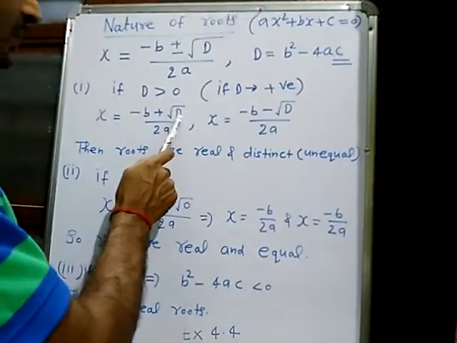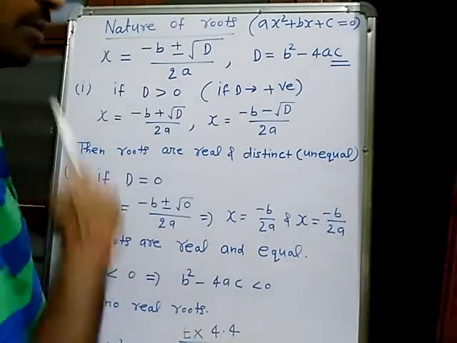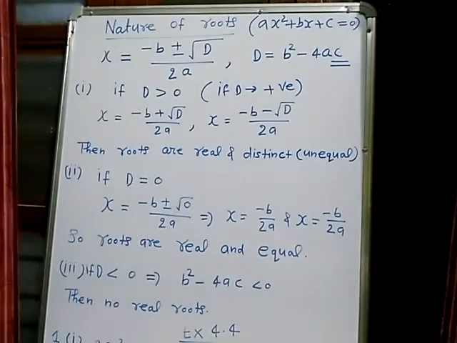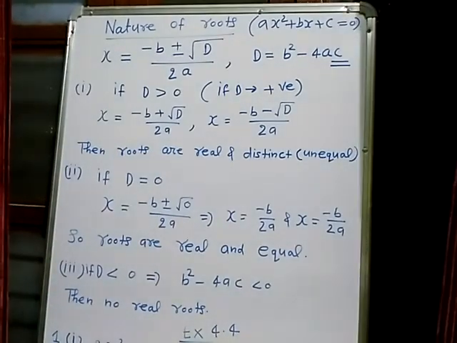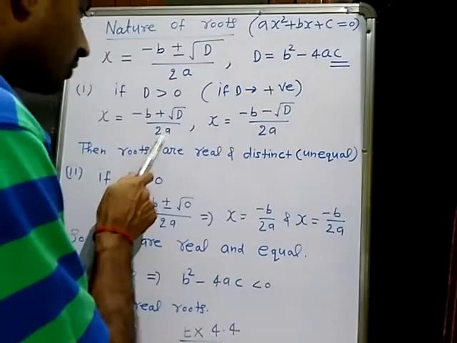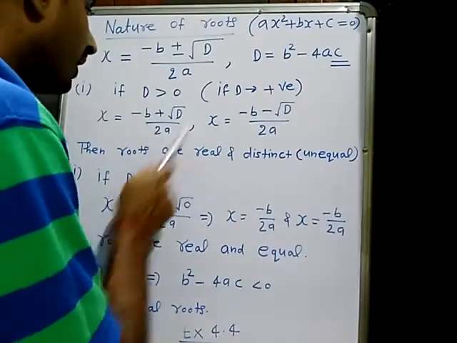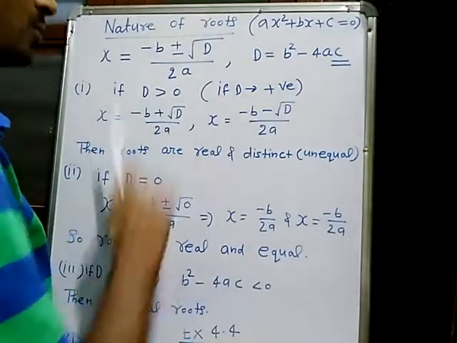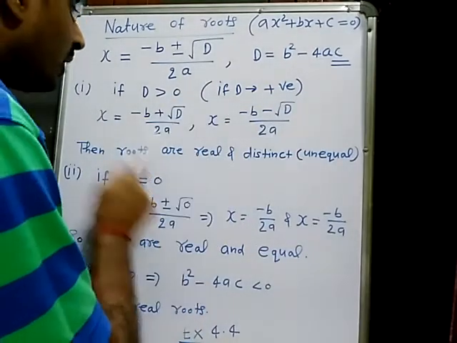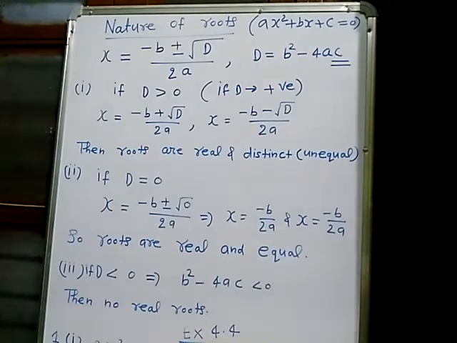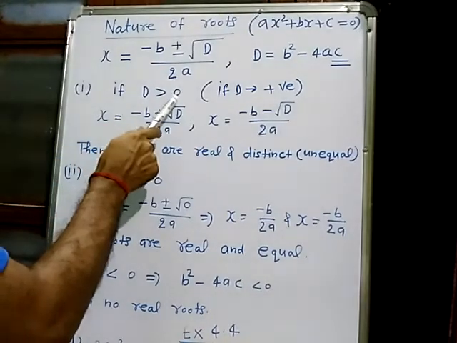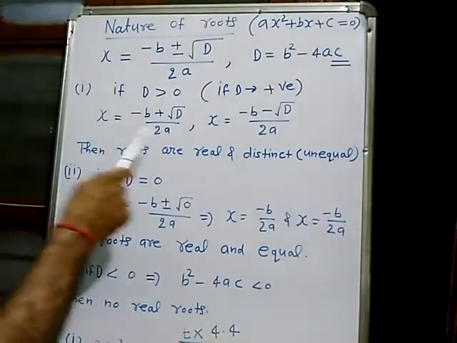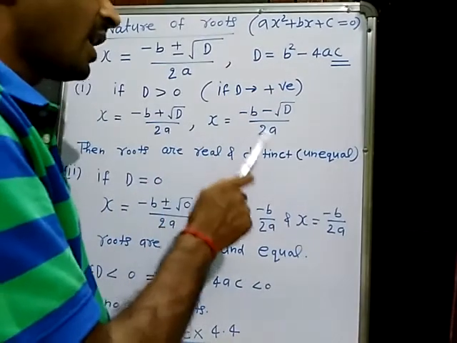So since D is positive, the square root of a positive number may be a rational or an irrational number. So according to that, these two roots, ये देखो first root and this second root, both roots are real. Rational होगा तब भी real आ जाएगा, irrational होगा then also real. So roots are real but not equal. So students, you need to learn that if the discriminant is strictly greater than 0, then the roots of the quadratic equation are real and distinct.